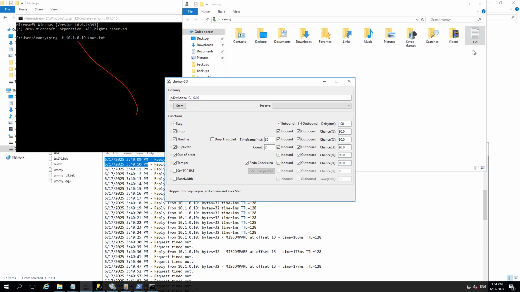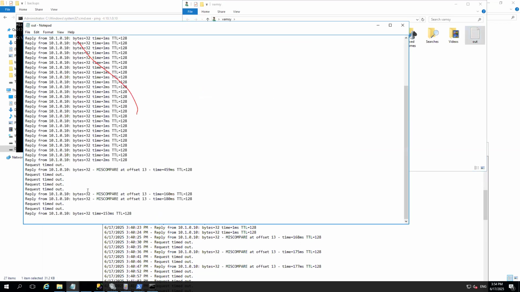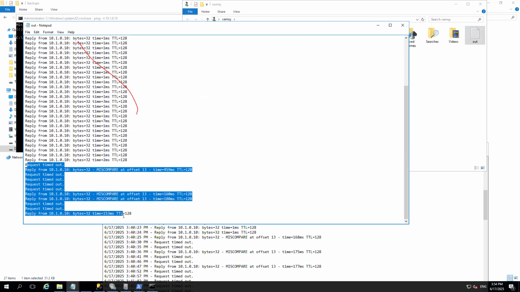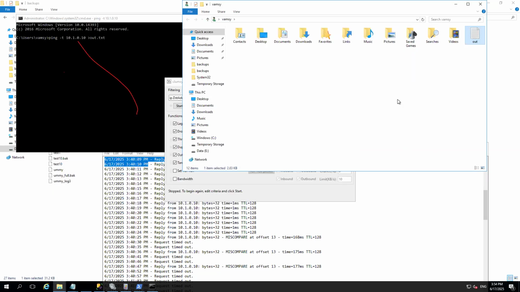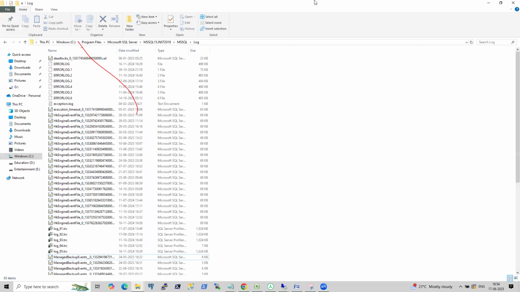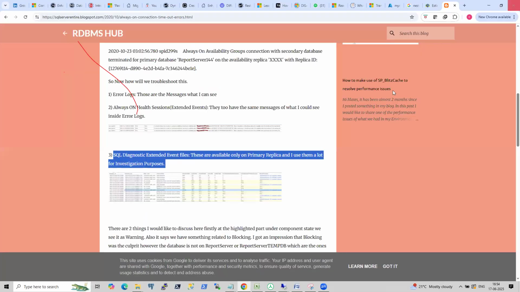So if I stop this, now you can clearly see request timeouts, everything. Since I stopped, the output will be back to normal. So you will get the continuous reply from the secondary replica. Got my point? This session is all about how you troubleshoot these kinds of issues on the networking side and